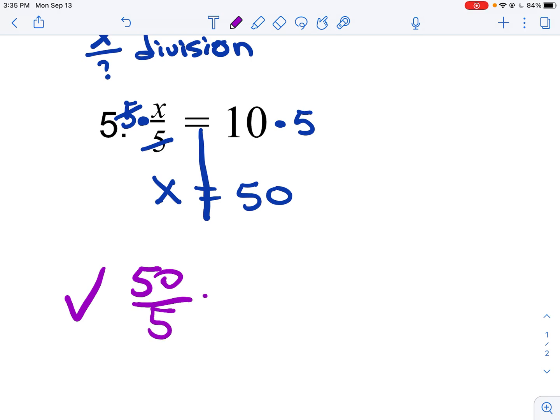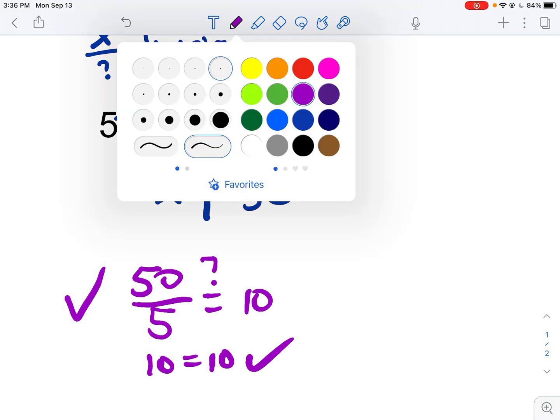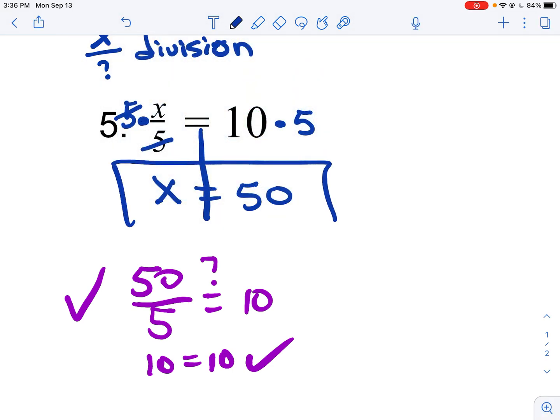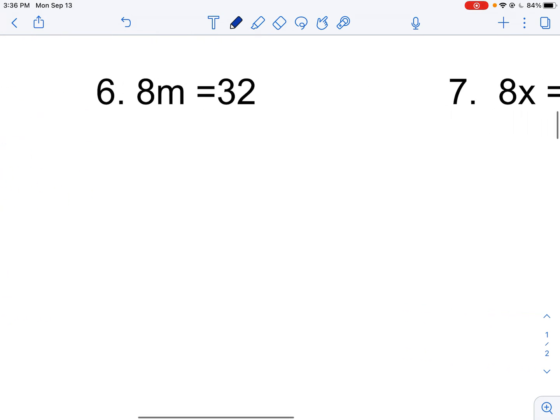If I check my work, I put in 50 divided by 5. Does that equal 10? 10 equals 10. So I've done the right work, and x equals 50. Over here,